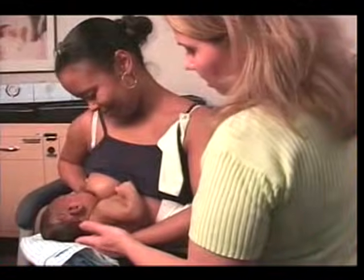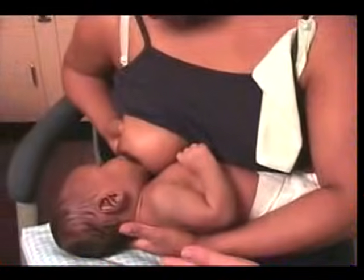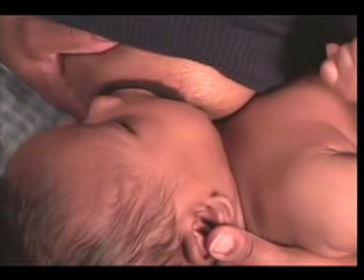So the real issue is not how long the baby's on the breast, but how well the baby breastfeeds. So what we tell the mothers is, for example, milk increases in fat as the baby nurses longer. If the baby gets more high-fat milk, the baby is less likely to be colicky. But just keeping